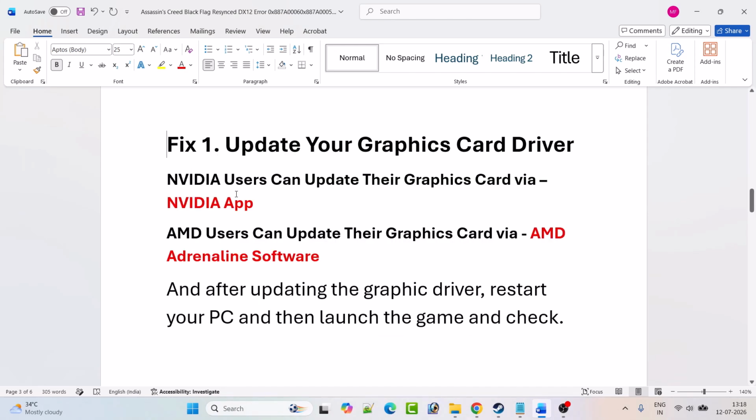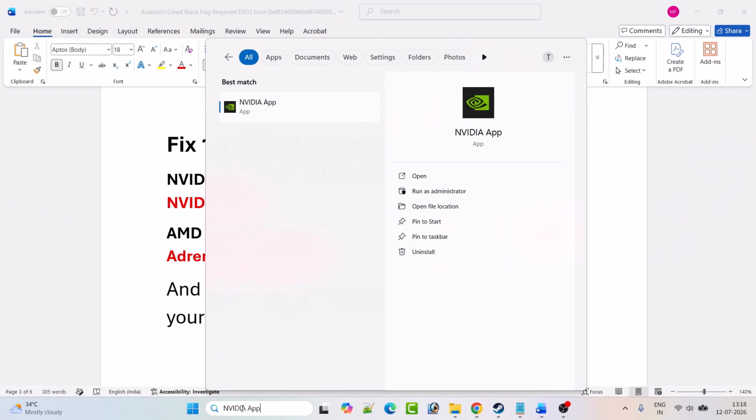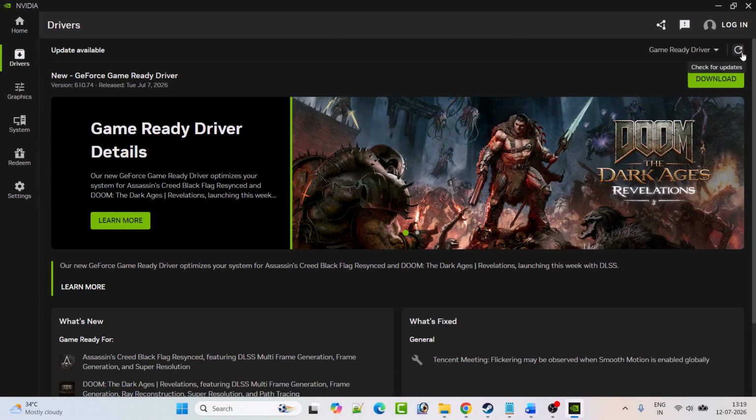If you are an NVIDIA user, then you can update the graphic card driver via the NVIDIA app. If you are an AMD user, then you can update your graphic card driver via the AMD Adrenalin software. So NVIDIA users, open the NVIDIA app, go to the driver section, then click on check for updates, and if there are any updates available, then you will